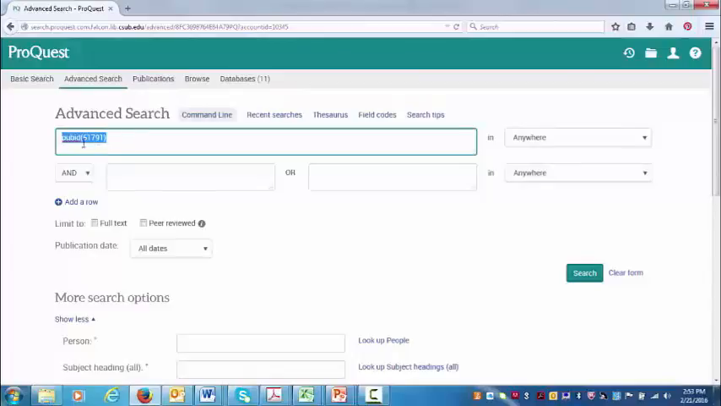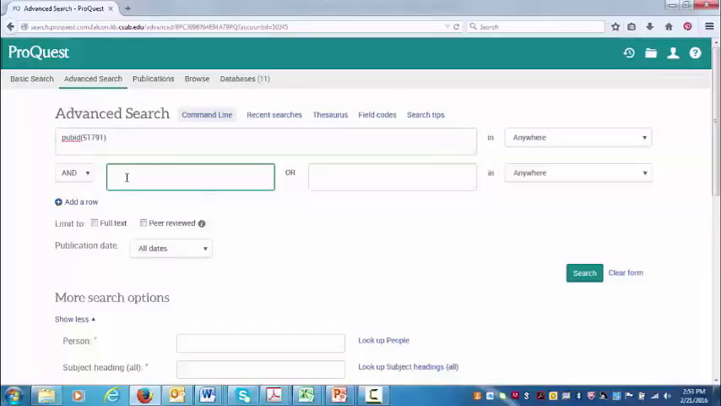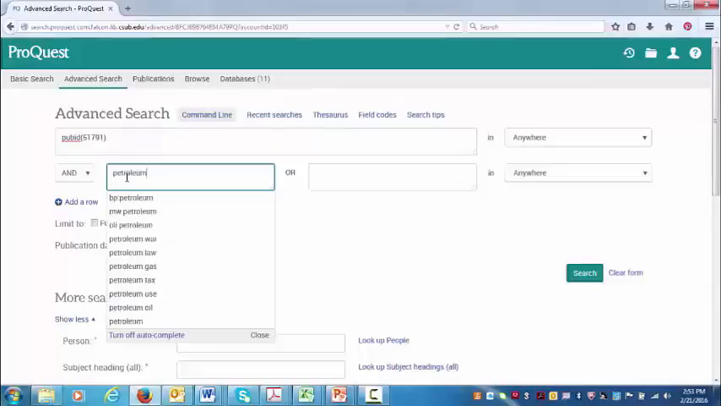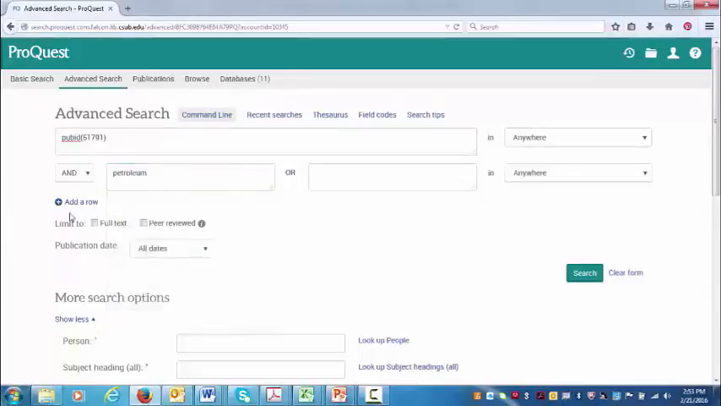So you'll notice here Hub ID 51791, that's actually the code for ProQuest to say that we're just going to look for documents that are in the publication with the ID number 51791, which is the number for First Research Industry Profiles. So now, if we want to look for petroleum, for example, a common industry in Kern County here,